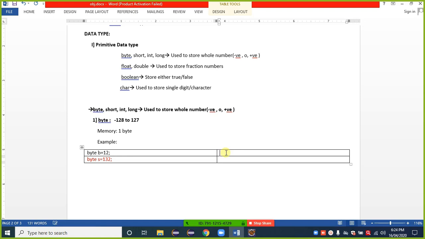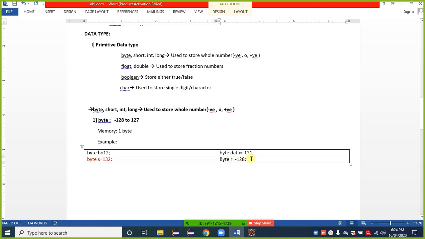Take another example. Byte g. We can take any name for the variable. Byte data is equal to -121. Is it right or wrong? It is right. Why? We can take any value down to -128. Byte r is equal to -128.